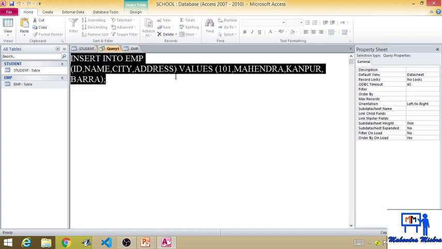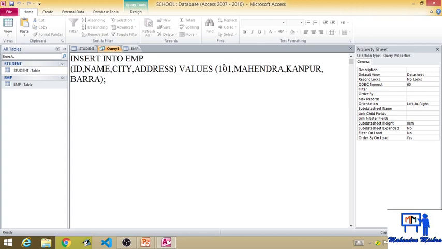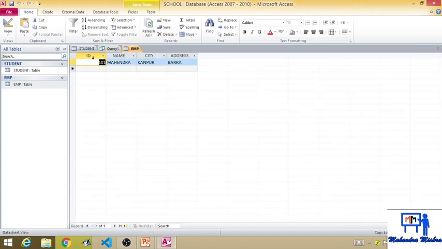Now see what values I have inserted: 101 Mahendra, Kanpur, Barra. So id 101, name Mahendra, city Kanpur, address Barra. Okay, so in this table this one row is inserted.